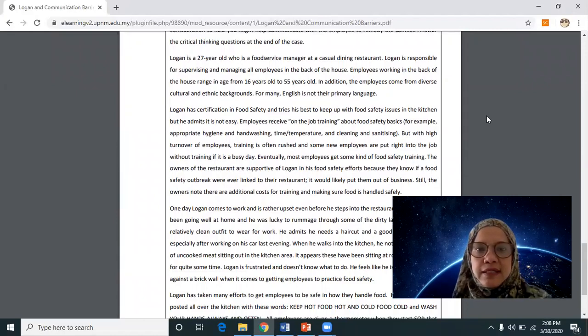Logan is a 27-year-old who is a food service manager at a casual dining restaurant. Logan is responsible for supervising and managing all employees in the back of the house. Employees working in the back of the house range in age from 16 years old to 55 years old.